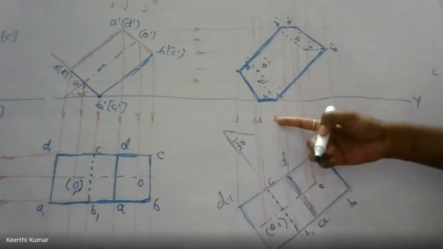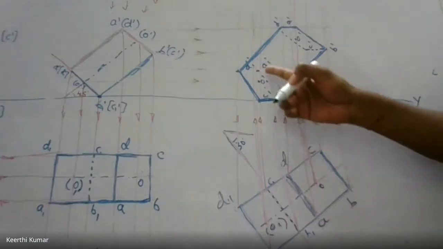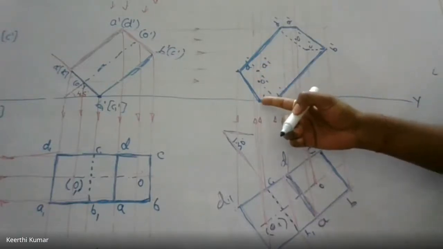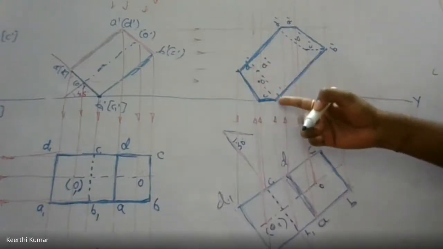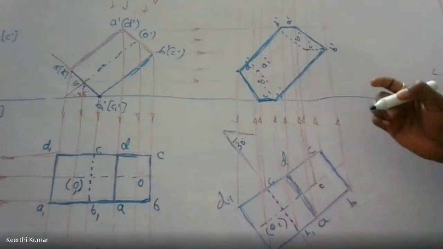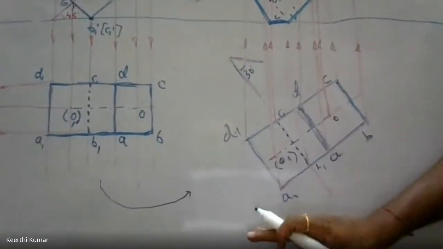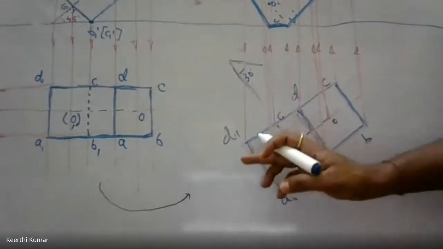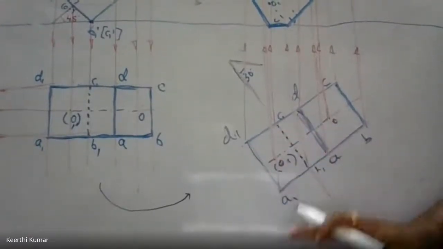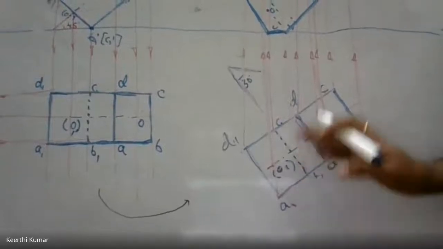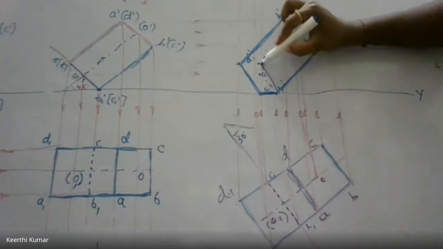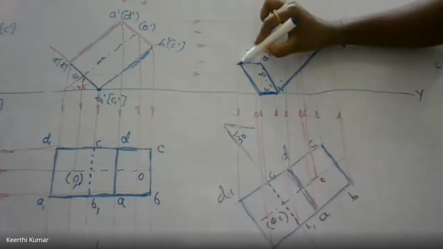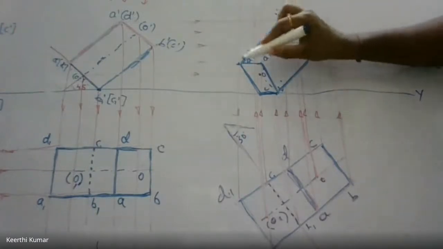Similarly, coming to the bottom face. A1, B1 is not connected. B1, C1 is connected. C1, D1 is connected. Again, D1, A1 is not connected. So for checking that connectivity, you again go to this figure. If I see from here, the face A1, B1, C1, D1 is nearer to you compared to A, B, C, D. So A1, B1 should be visible here. If it is nearer, make it visible: A1 dash to B1 dash, and D1 dash to A1 dash.